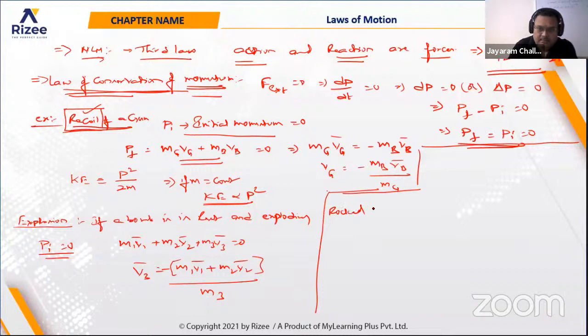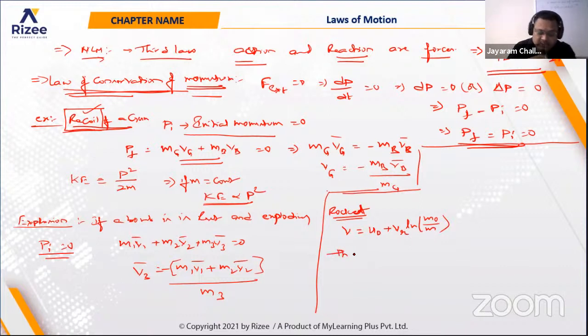Relative velocity and other cases: you can write the velocity of the rocket propulsion as v equal to the initial velocity of the rocket plus the relative velocity of the rocket with respect to the ground into ln of m naught by m at a given instant of time, where v is the relative velocity with respect to the ground and v naught is the initial velocity of the rocket. If generally he gives you that it's moving with a constant speed, that is, the speed is not changing,